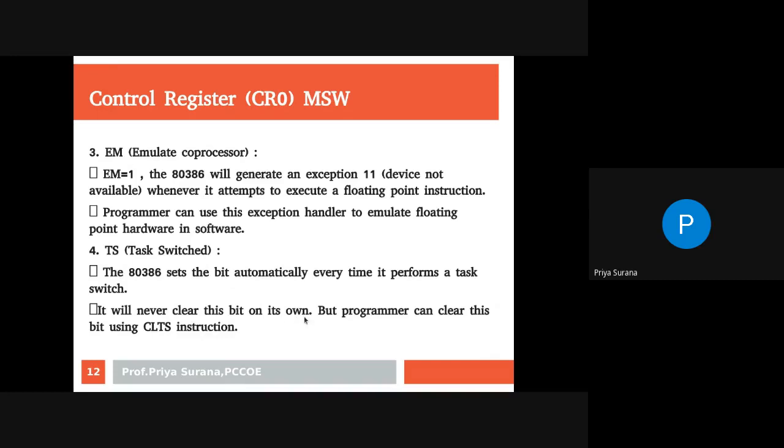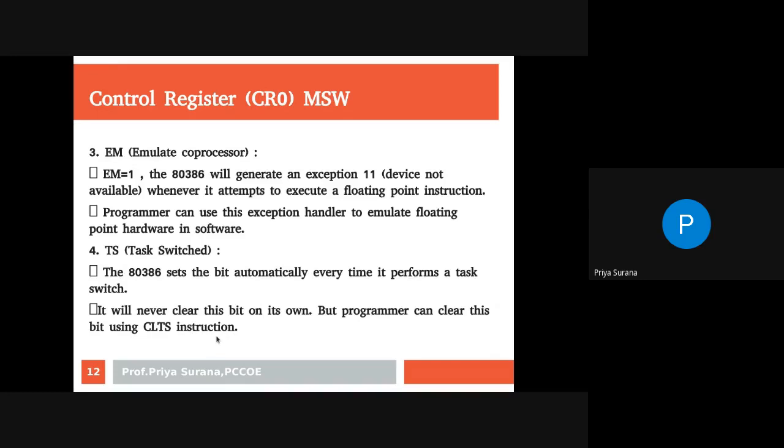The bit is cleared only by specific instructions. In protected mode, a few instructions are given for this type of setting. So the programmer can clear this bit using the instruction given for TS, that is clear task switch, the CLTS instruction.